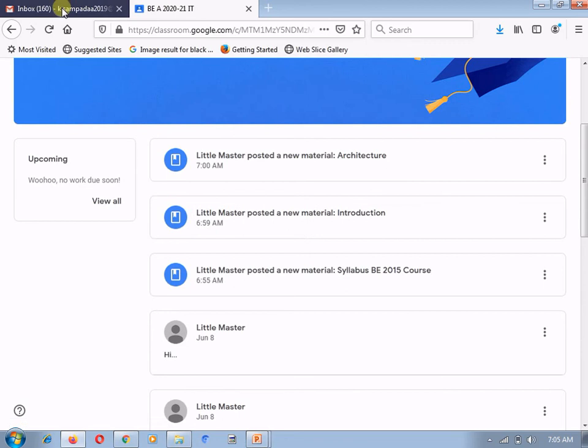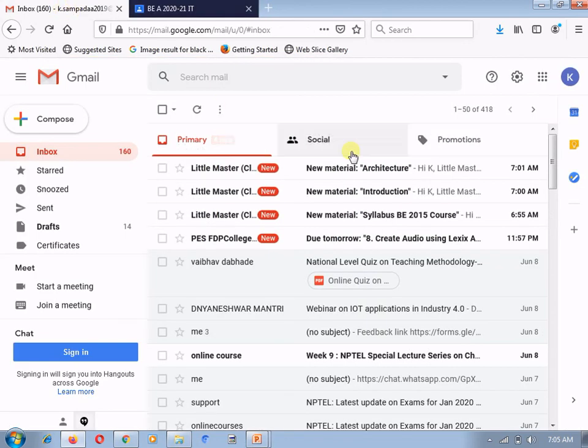Now in the inbox you will also see different auto-generated mails. Whenever the teacher posts material, you will receive different mails for it. So students don't need to go directly to the classroom or the stream.